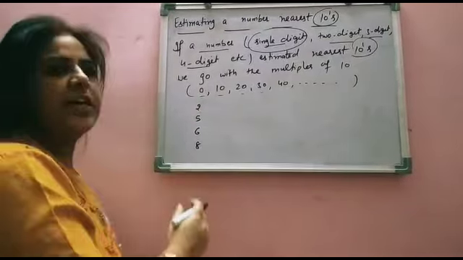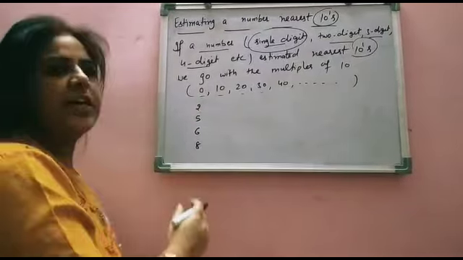For all these numbers. Now see, where does 2 lie? 2 lies between the multiples of 10, 0 and 10. But it's less than 5. It means it lies between 0 and 5. But we are estimating to the nearest tens. It means we go with the multiple of tens, that are 0 and 10. Now it is near to what? 0 or 10? It's clear that it's near to 0. So when we are estimating any number less than 5 to tens, we go with the multiple of 10, 0.